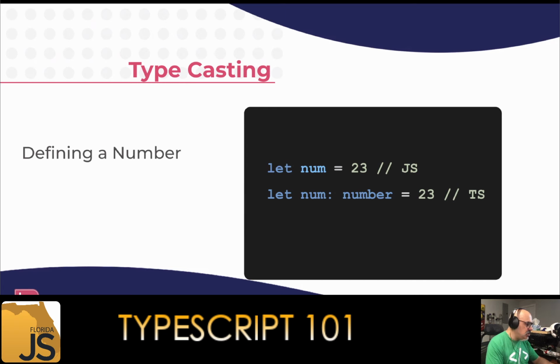In the case of this, just to let you know, that first let number right up here is valid TypeScript because it's not going to complain. It's smart enough to say, okay, well, this is an unusual case. You gave me a hard-coded number. I don't have to guess what it is. So I know it's a number. So this is actually valid JavaScript. It will be perfectly happy with that. So that means that no matter what you do, this is perfectly fine.